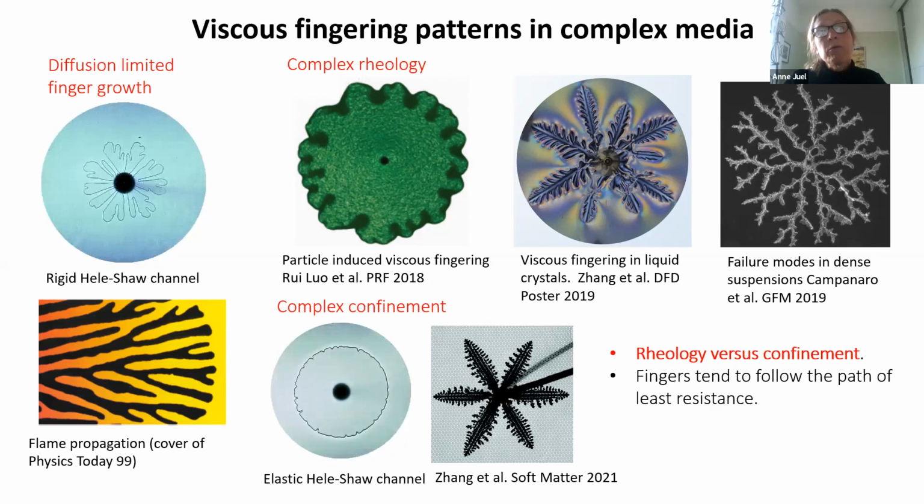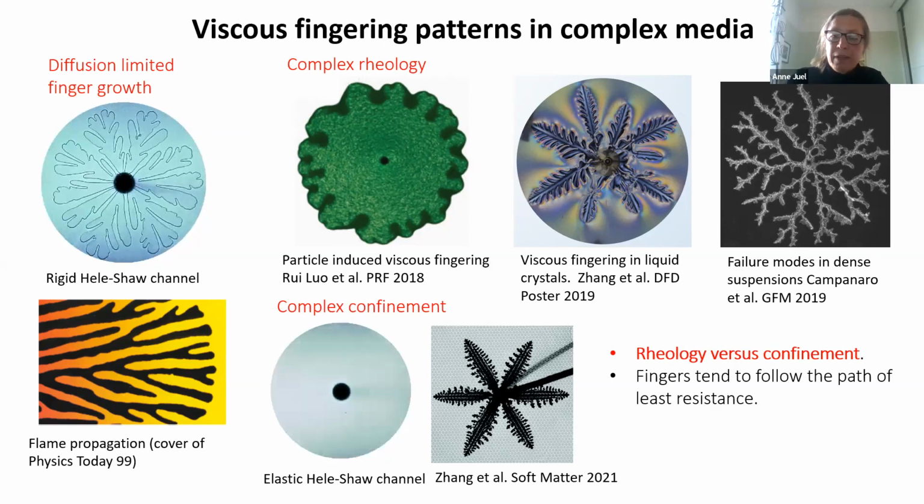And so this, I would argue, is a form of disordered front propagation. And the reason it's disordered is it just doesn't settle down in time. There are some caveats to this because of the size of the cell, but that's the general idea. In all the examples I'm showing on this slide, you essentially have systems where injection is with one typically less viscous fluid into another in a confined space. And essentially the fingering that you see in all these systems follows the path of least resistance.